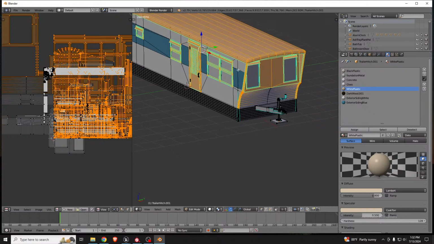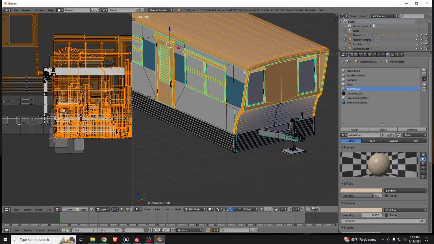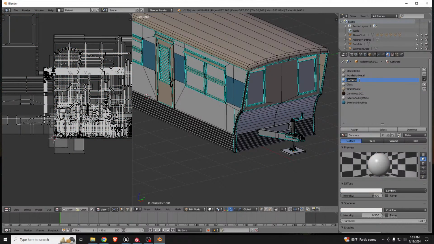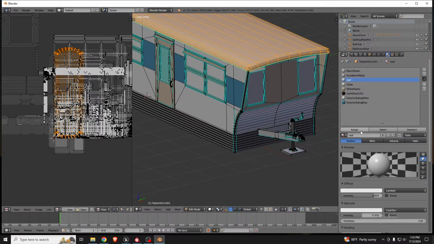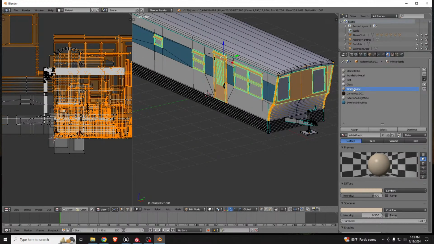And the one thing that I might actually want to change is that this should be like a roofing type of material, and I think for this one I'm gonna do something a little different. So instead of concrete, I'm gonna rename this to roof, and then let's select the roof here and assign this. So that way this white plastic is just gonna be called trim